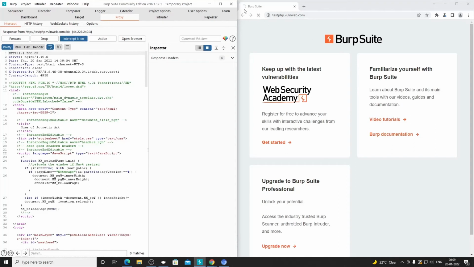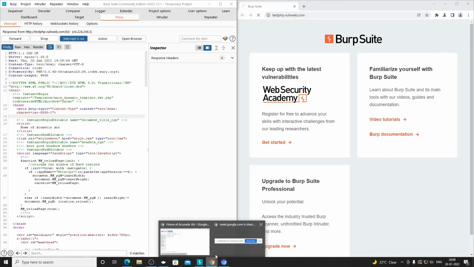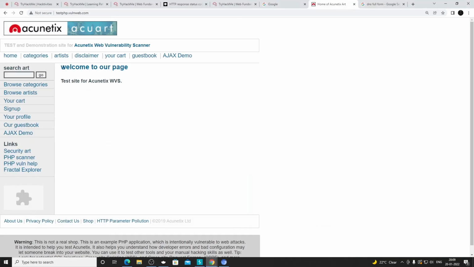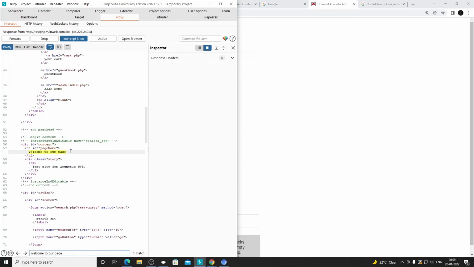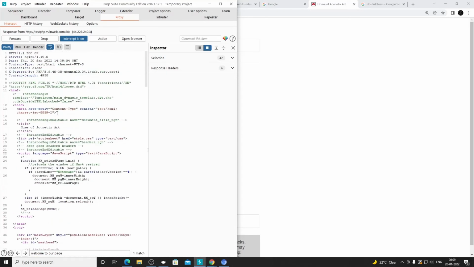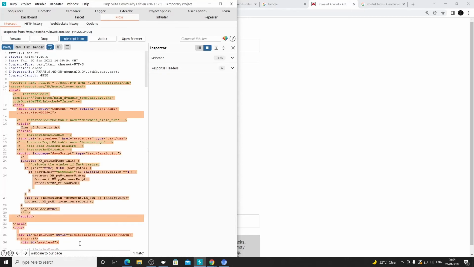See, still it's waiting for the response. Why? Because right now the response has come to the Burp Suite tool. If I forward this, the Burp Suite browser is going to load it. Here I will show you. Normally, from a normal user's perspective, what were you seeing? Welcome to our page. But if you search in this response, you can see it like this, and this is actually HTML. So this whole code is in the response. This is the whole response body.